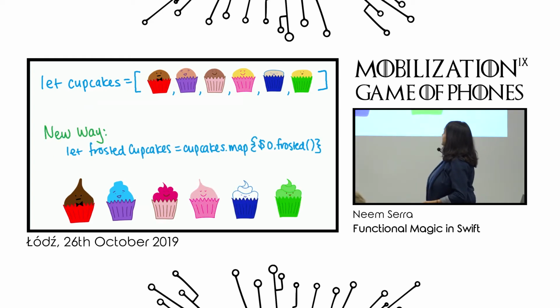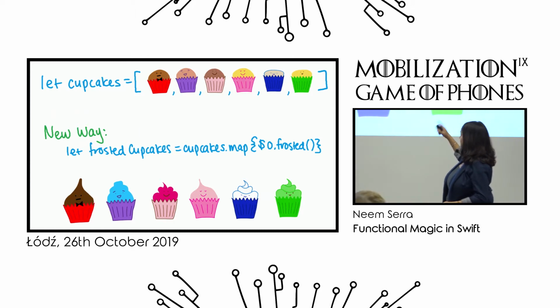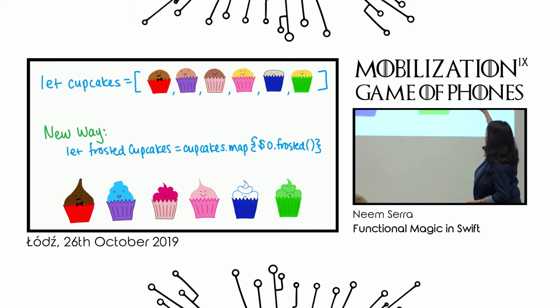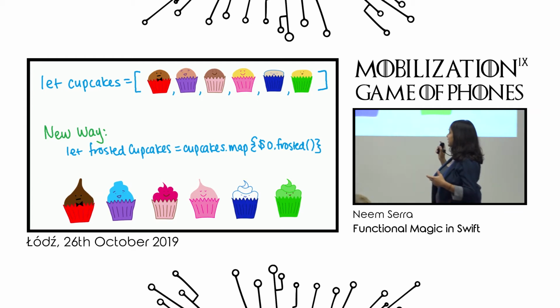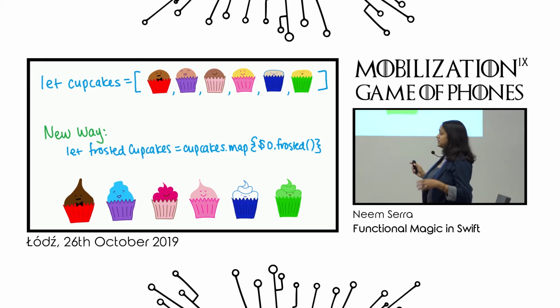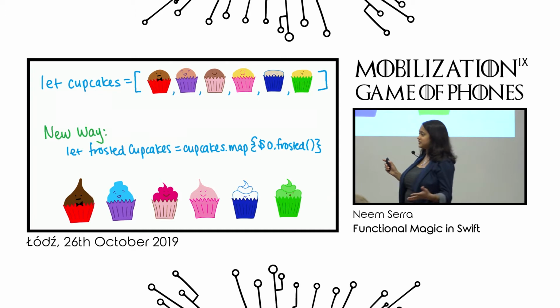Cool. Now the new way is actually pretty easy. We would say let frostedCupcakes equal cupcakes.map { $0.frosted }. Now I'll go over the syntax a little bit more, but I wanted to show you first off that it's really simple, and a one-liner, to be able to go over an entire collection